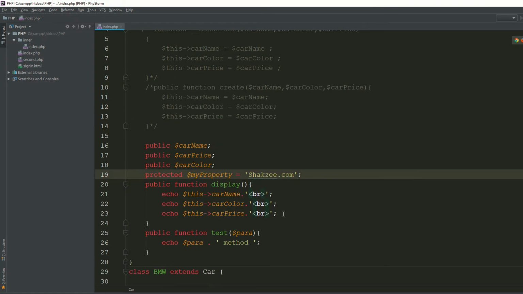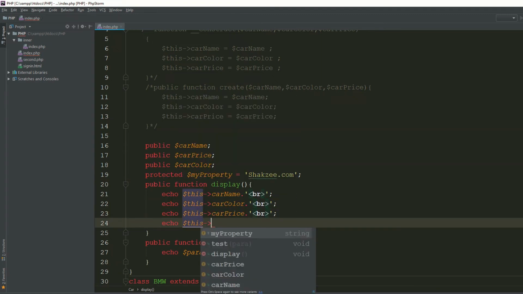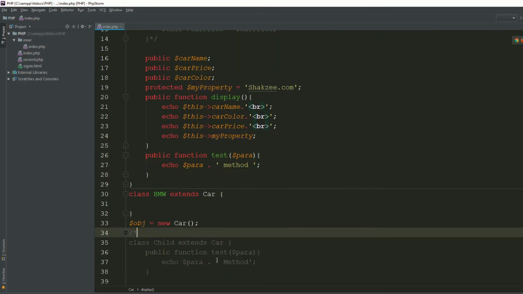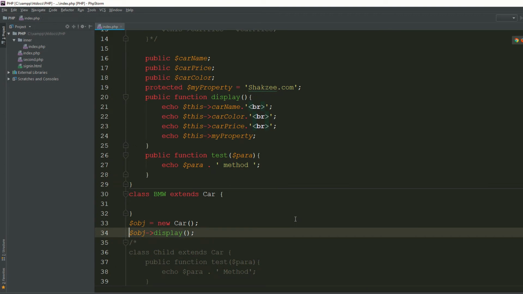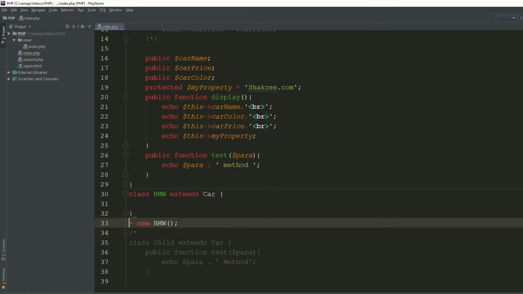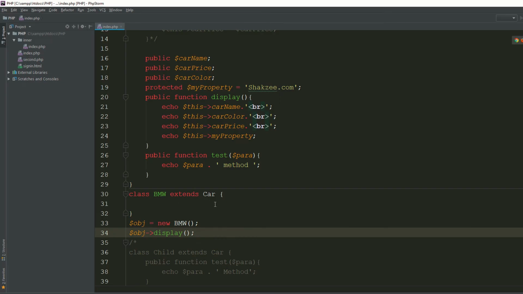So I'm saying echo this my property because this is a property. Now if I'm saying display, obj display. So now go to the page, refresh the page. So now as you can see, it's showing you the chexy.com. If I'm creating the new object of BMW, now I'm saying obj, that means object of obj display. Go to the page, make sure to save the file, refresh the page. Now as you can see, it's also working fine. So in this way, you are protected